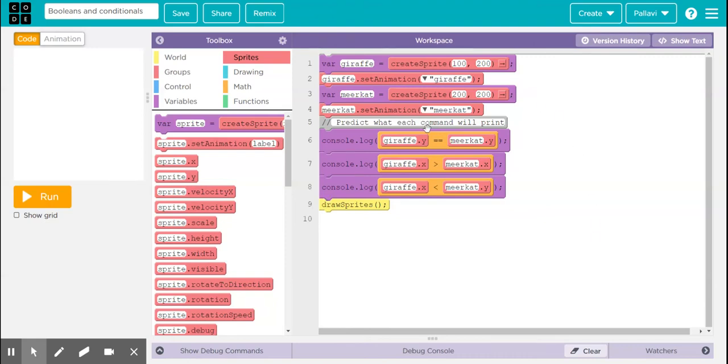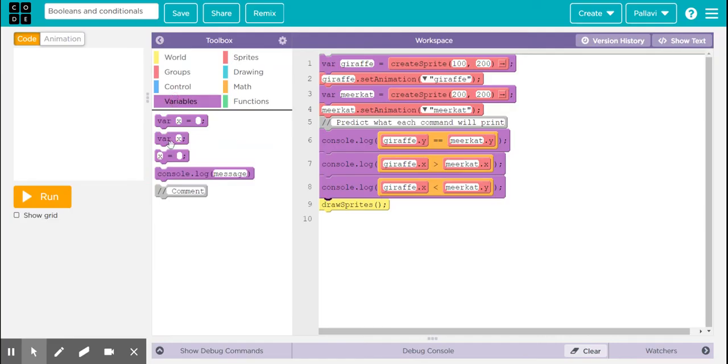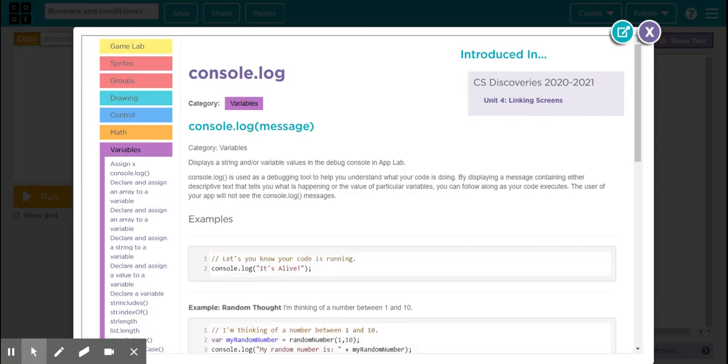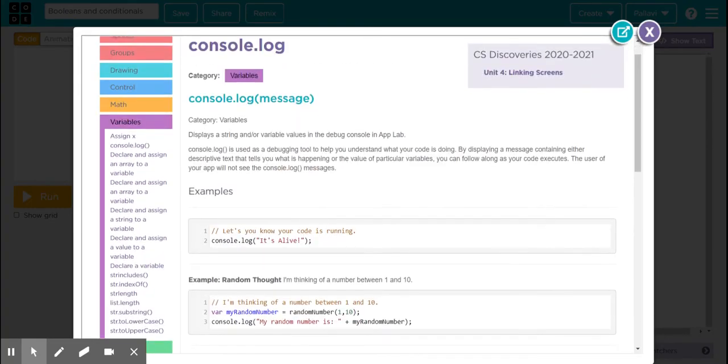You can also introduce this console.log command, which you will find in variables. To understand more about it, you can go on this blog and see a few more examples by clicking on this. And you will understand what exactly this console log does. So in short, what it does is it's basically used as a debugging tool, and that helps us understand what